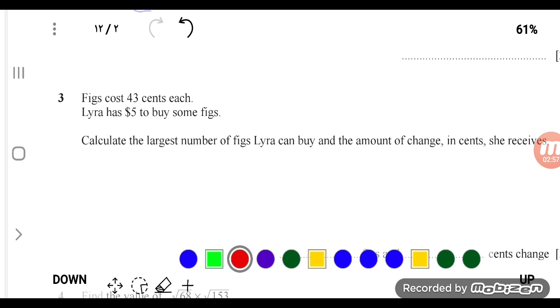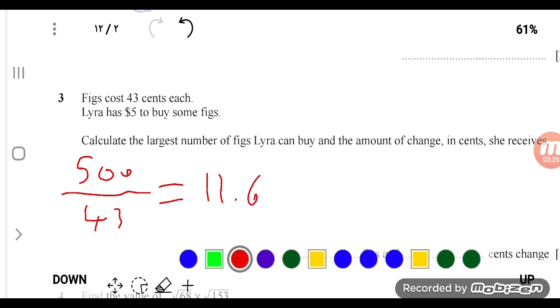First step here, you have to divide 500 cents, which is the $5, by 43. That's the price of each fig. And then you get